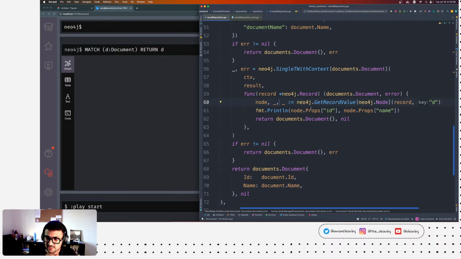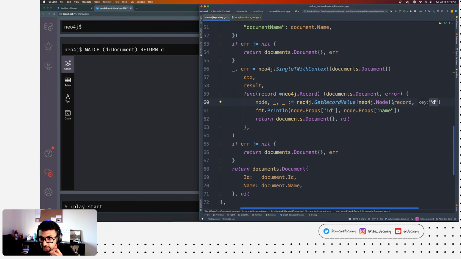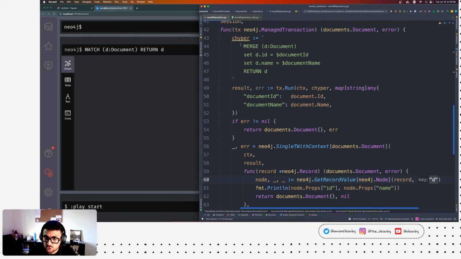So how are we using it here? So we're saying Neo4j get record value. So from that record, I want to get the record value, and I want to extract a key called D, right? So why are we extracting D? Okay, let's go and look into our Cypher. So here we're giving a variable D for the document, and we're returning it.